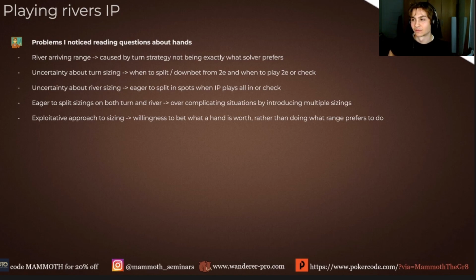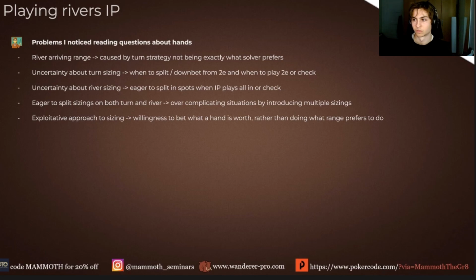Some people say, exploitatively, let's take the example that on the turn brick in position, you want to be playing 2E or check. 2E, for the ones that don't know, is geometric sizing, the size designed to bet the same amount of the pot on the turn and the river, or any street really. So 2E means 2 streets, 3E would be 3 streets. There's a certain formula you can use to calculate what percentage of the pot that is going to be. And let's say you have a brick on a turn,